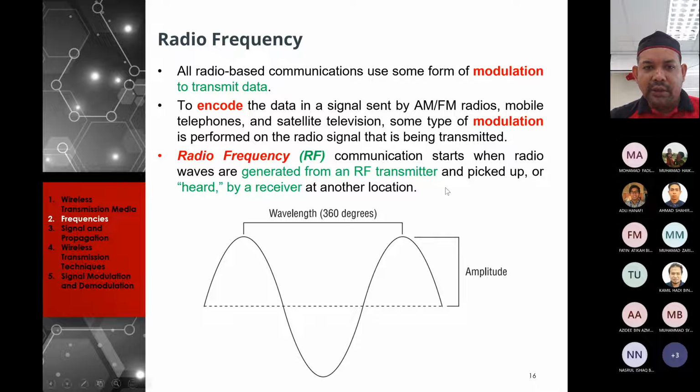So radio frequency or RF, the communication starts when radio waves are generated from an RF transmitter and picked up or heard by a receiver at another location. So we can imagine the wavelength